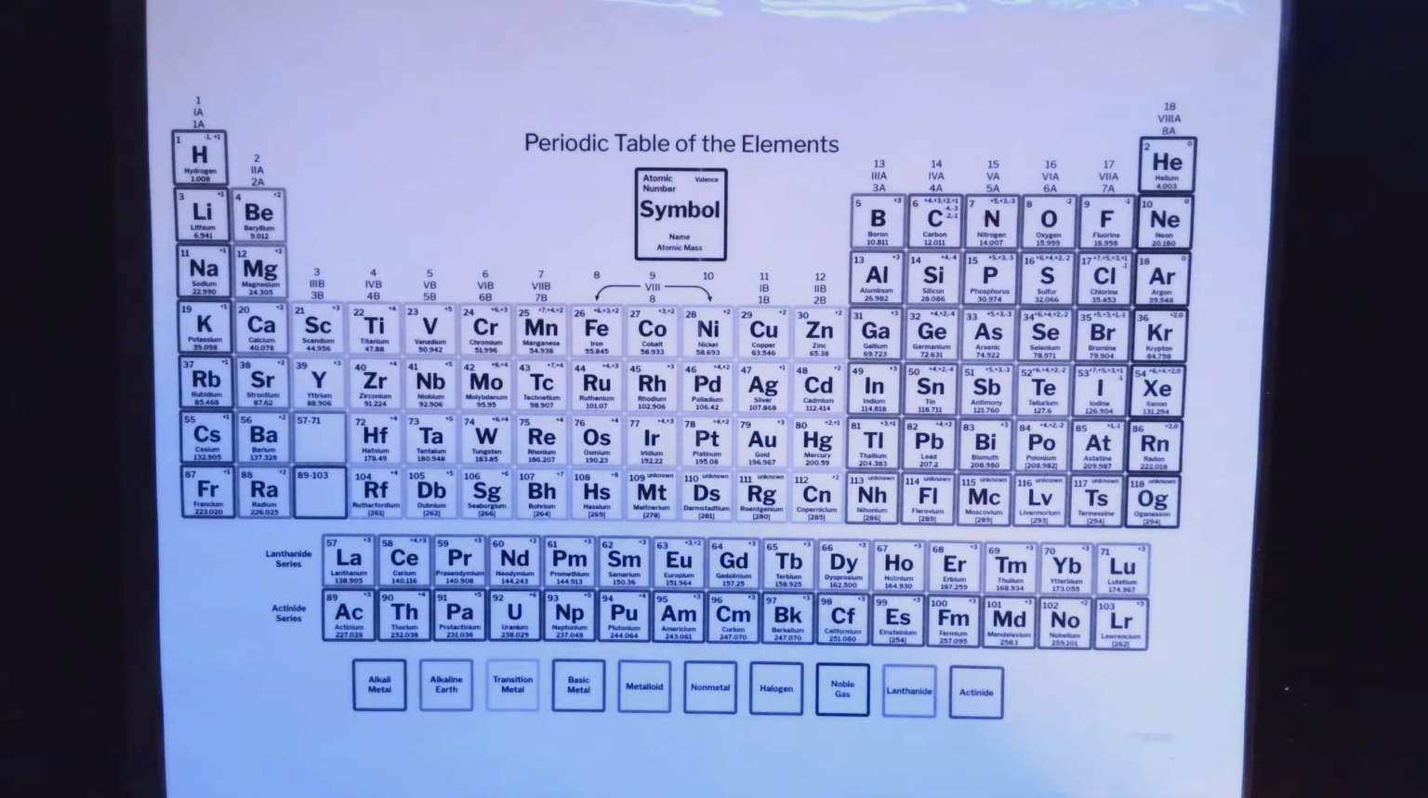Before I go further, I want to take a video to break down the periodic table, show you different groups and different regions, so that when I reference these moving forward, you'll have a better idea of what I'm referring to. So first and foremost,